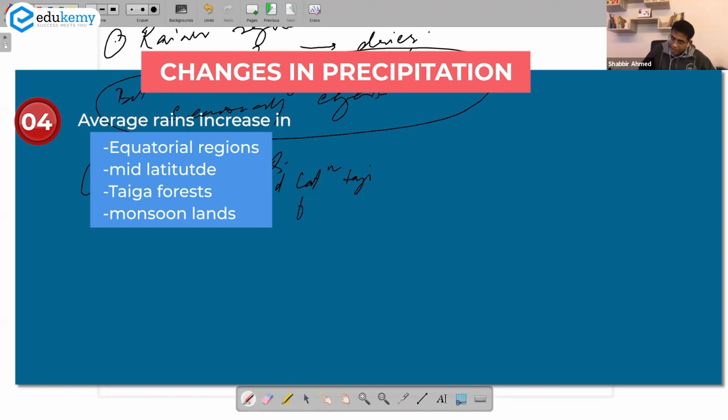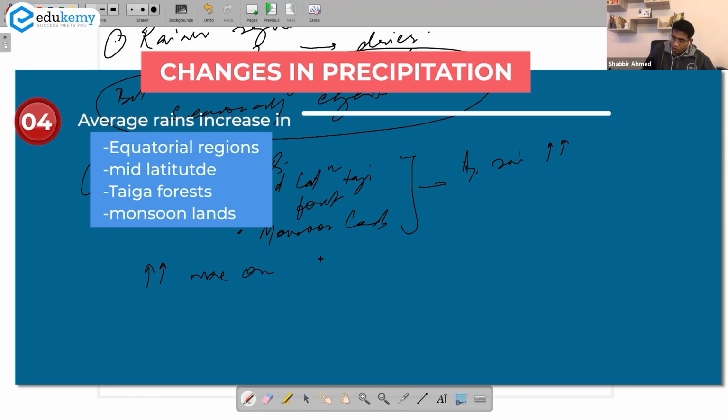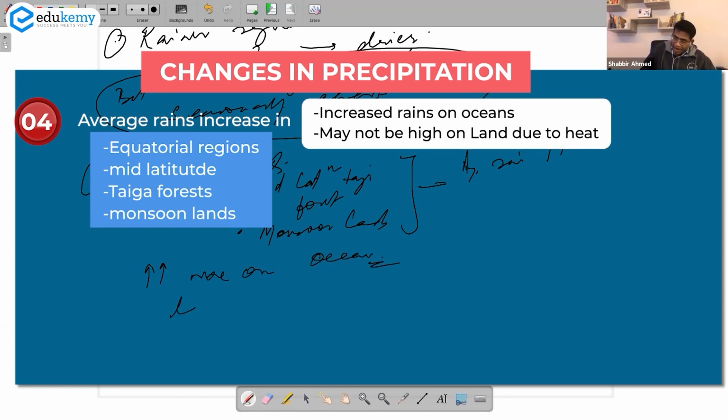Rainfall in equatorial regions, rainfall in mid-latitude taiga forests, rainfall of the monsoon lands. यहाँ पर the average rains will increase, and the increase will be more on the oceans. Land में क्या होगा? Because of land heating, the increase of precipitation may not be as high. Whereas